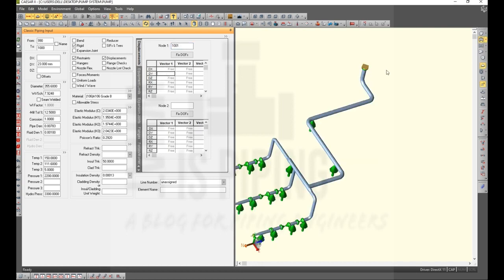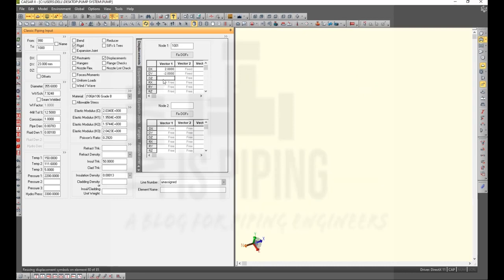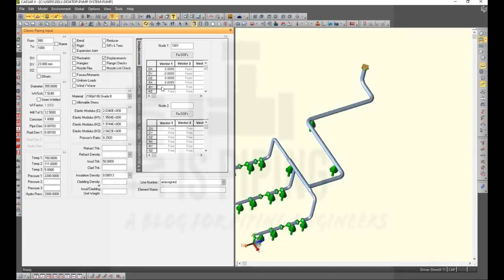Let's assume the vessel is pushing this point, or the vessel movement at this point is towards the z direction 2 mm in the design temperature case, and towards the downward direction minus 2 mm, and in all other directions it is 0. This is for design temperature, and D2 is 1.5 mm, 1.2 mm and minus 1.2 mm. Then all the remaining are 0.